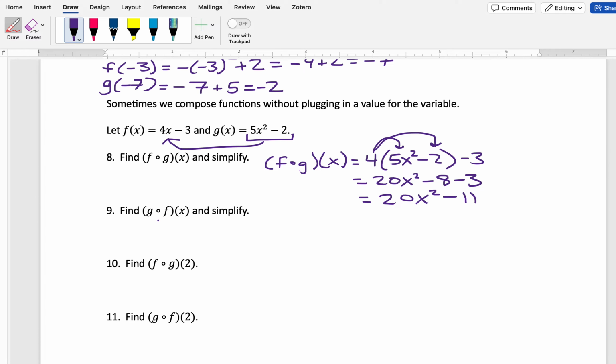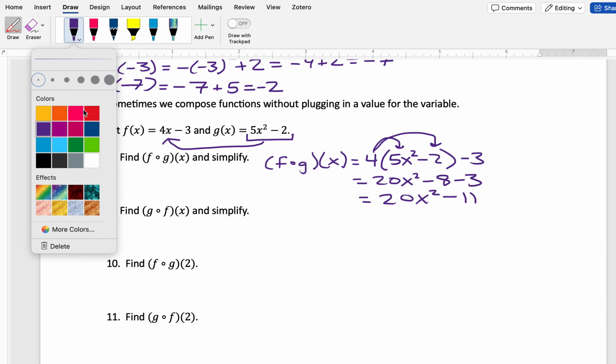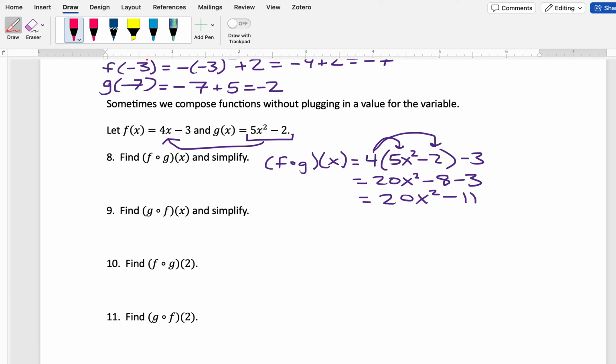Now let's do the opposite order. So now we're going to take f and plug it into g. So I'm going to switch colors here. So we're going to take this 4x minus 3 and replace x in g with 4x minus 3. So again, we are working from the inside out. So we are going to have g of f of x is going to equal 5 times 4x minus 3